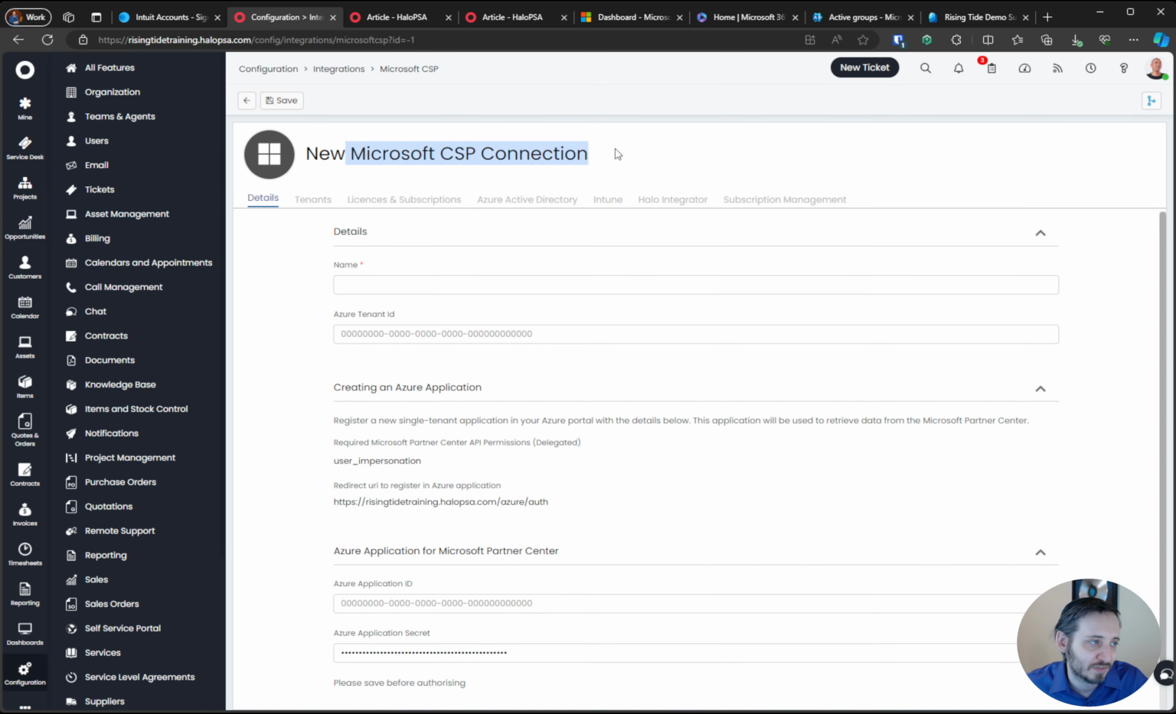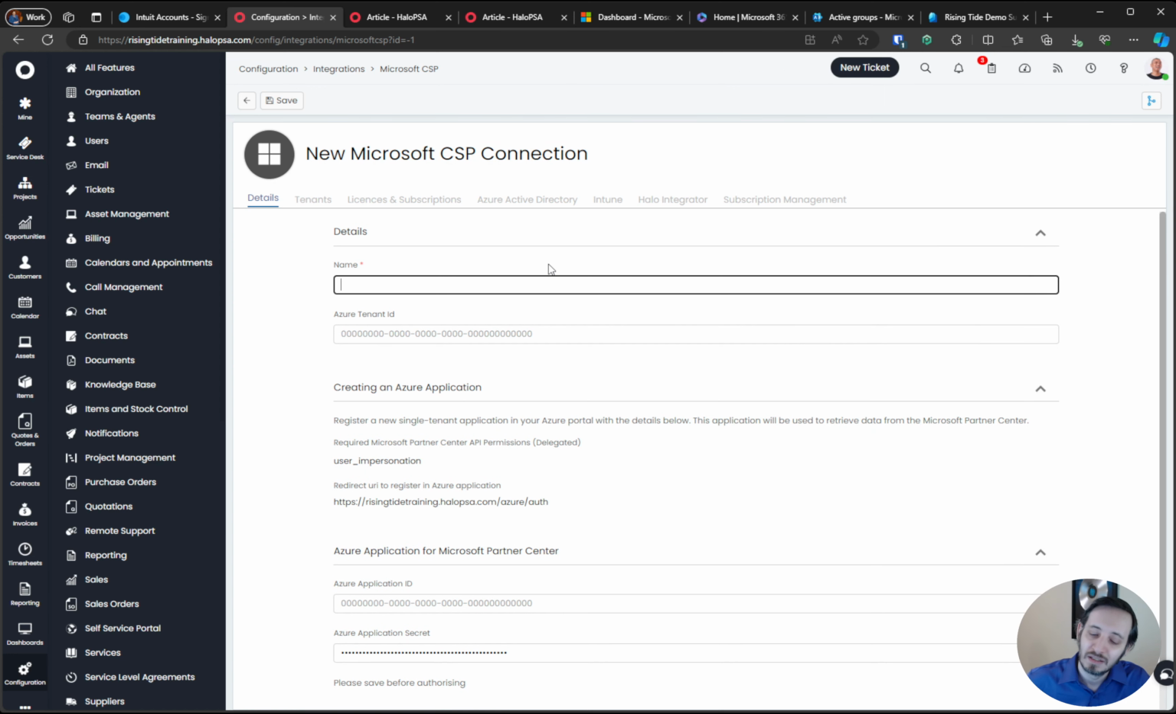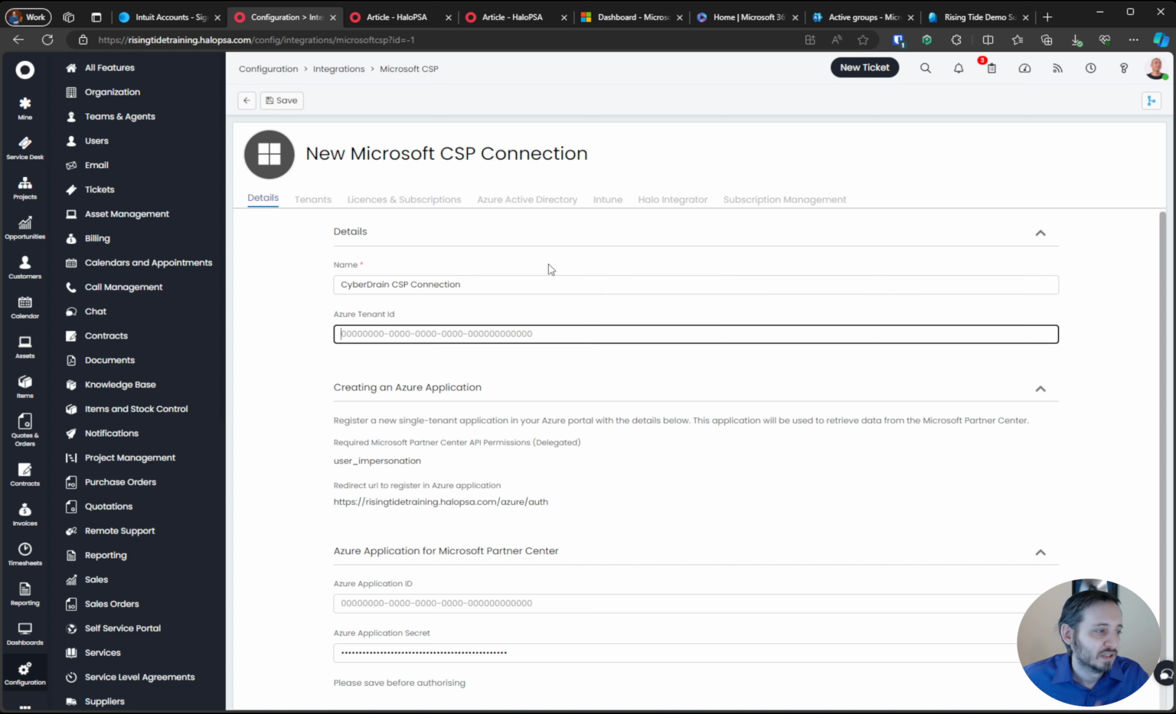So we're going to hit new Microsoft CSP connection. I am not a CSP, so I can't show you a connection to my own tenant or to the demo tenant. But thankfully, I am friends with Kelvin from CyberDrain, and he gave me access to his test CSP account that he uses when he's working with the CyberDrain improved partner portal. So in this case, we're going to go ahead and start building CyberDrain CSP connection, and we need an Azure